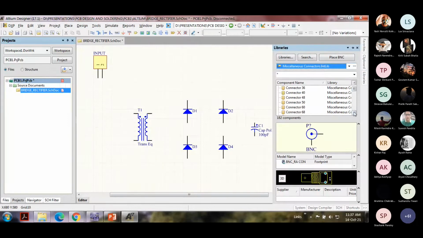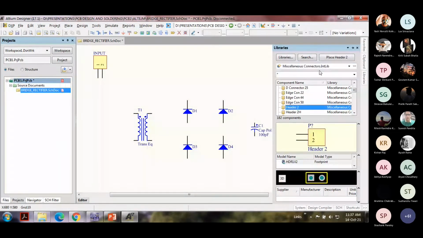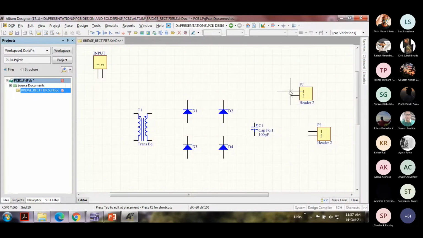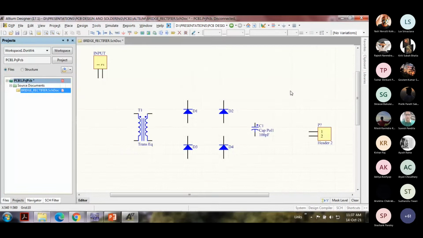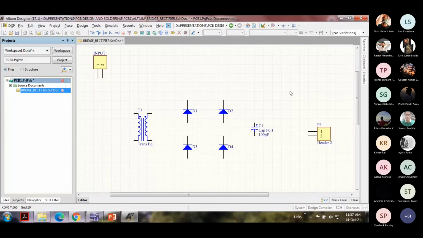Now, these headers are okay for small signal applications where we don't have higher power and higher current flow into or via those terminals. Technically, this is not correct for a power supply. But just to make things simple for you in the beginning, we will later modify this and I'll show you how to do that. So this is going to be your output.